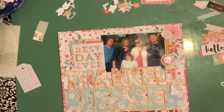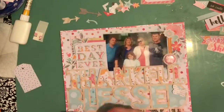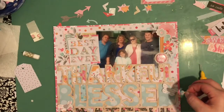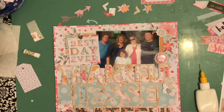So I ended up stapling the cluster to the left of the photo. There's a couple of cards and little tickets, ephemera. I ended up stapling it all together, and that's how I was able to tuck the tag in for my journaling. So last bit of embellishments, there's some hearts from the sticker sheet, which I added a few of,